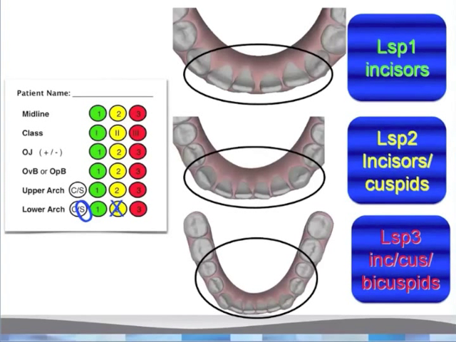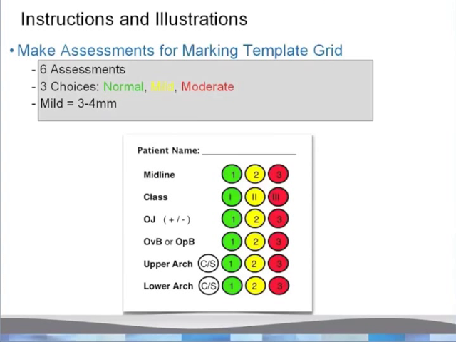Lower spacing of 2 would be noted on the form by circling the S and then just marking the yellow bubble for 2. So it's a very straightforward assessment that has consistency. And you are looking to make 6 assessments on your grid for every patient. You're making 6 assessments, making 3 choices of normal, moderate, or mild. And mild, again, is that 3 to 4 millimeters that we all accept as being a range of normal within